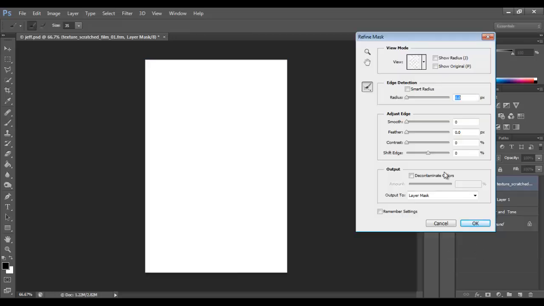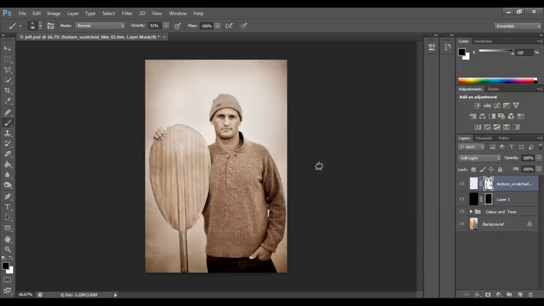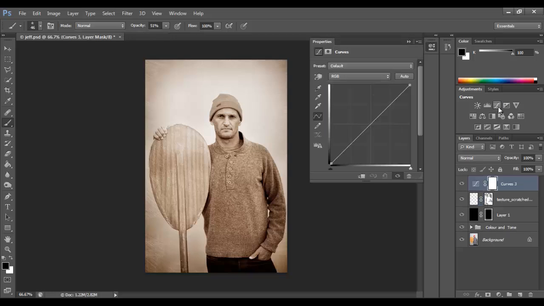I'm going to refine the mask and feather the edges of those new lines just to make them even more subtle. Alright, I think I'm nearly done. The last thing I might show you is to bring a little bit more brightness to the face. So I'm going to add one last curves layer, and I'm going to bring the brightness up like that. Alright, and then Control I to invert, and I'm going to grab a white paintbrush to